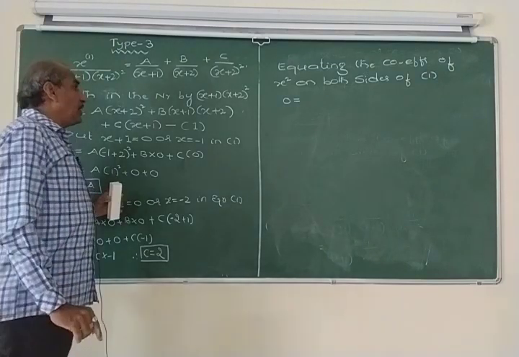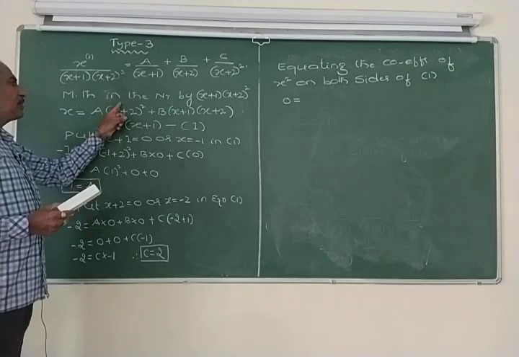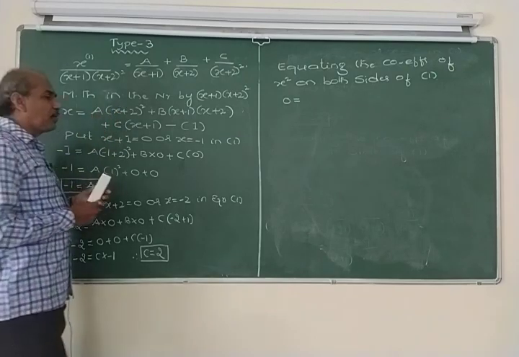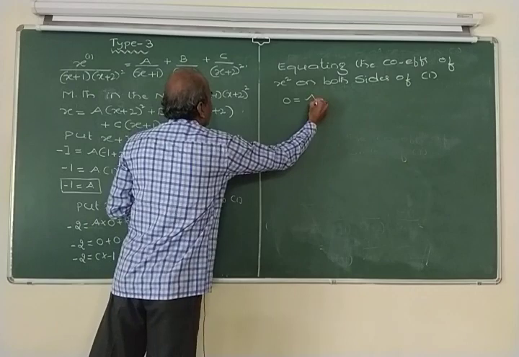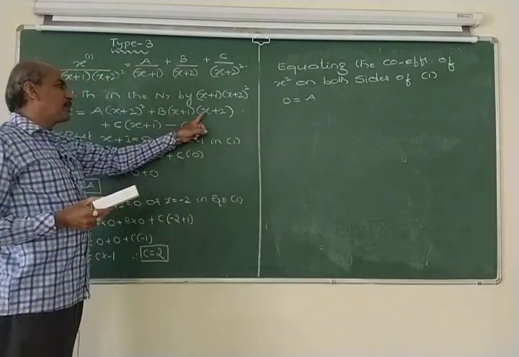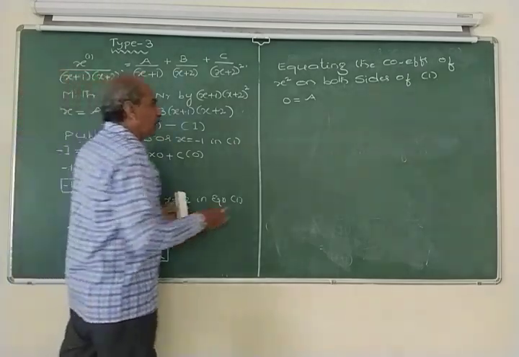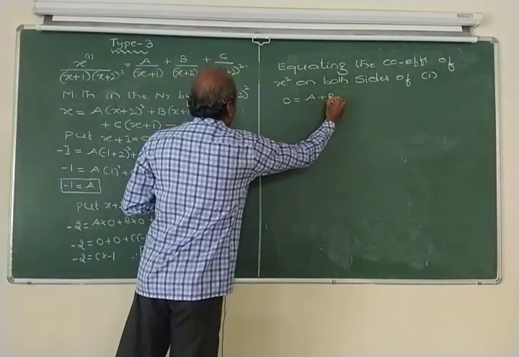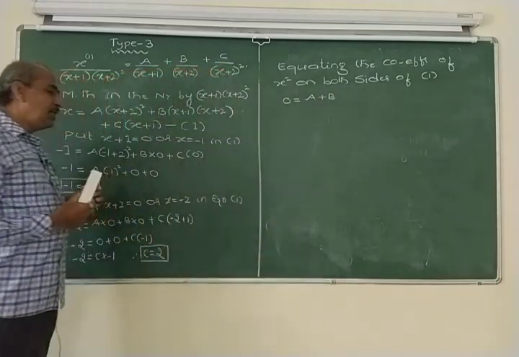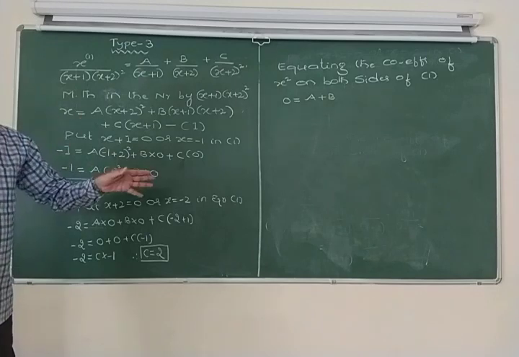Right hand side, how many x square terms will you get? Square this one, x square multiplied by a, therefore it is a. Here also multiply these two, x into x is x square, multiplied by b, therefore the coefficient of x square is b, so therefore a plus b. But the third term is not containing an x square term, therefore you need not take it.